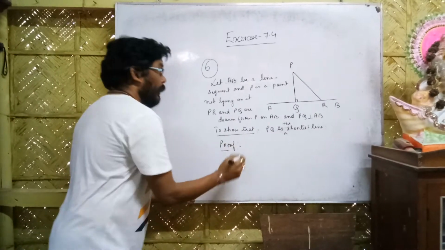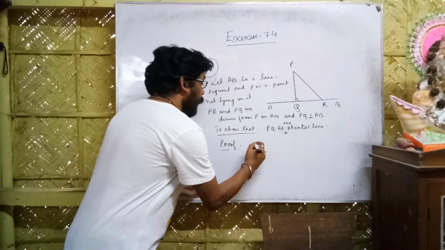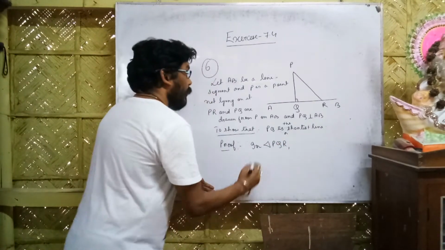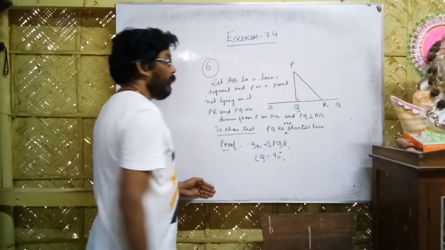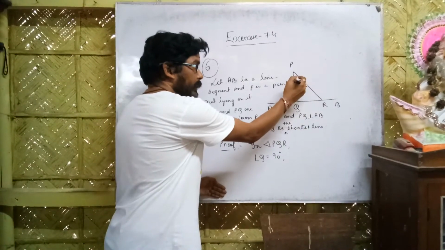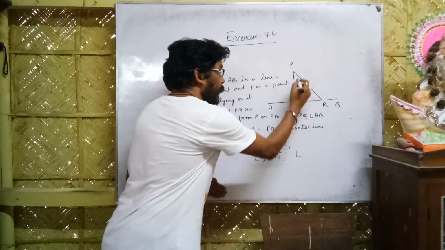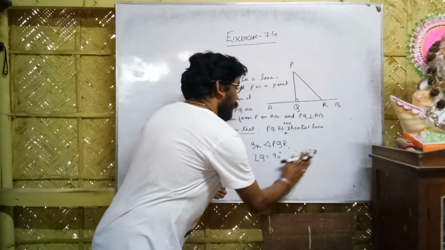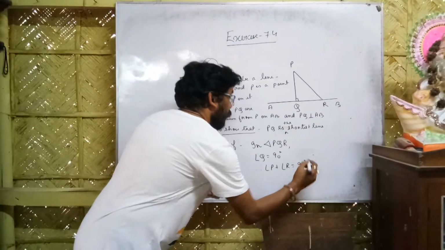Proof. Let me go with this triangle. This is similar to question number 1, the way I have shown question number 1, same type. In triangle PQR, angle Q equal to how much? 90 degree. If Q is 90, in a triangle there are 3 angles, sum of the 3 angles is 180. If one of them is 90, the other two sum will be 90. Therefore, angle P plus angle R equal to 90 degree.